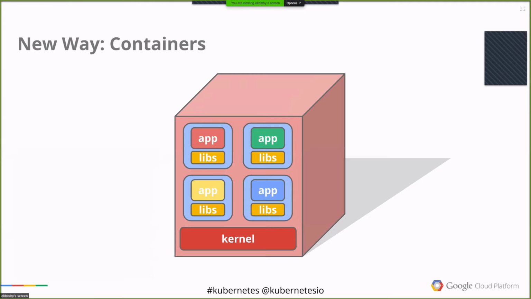So the new way, which hopefully many of you are using, or if you're not, you can get excited about using them now, is to have all your containers running on top of a shared kernel. And these containers are a set of dependencies and an application that uses those dependencies, and they run side by side. And in this case, the pink box could be a virtual machine. It often is. Sometimes it's bare metal.